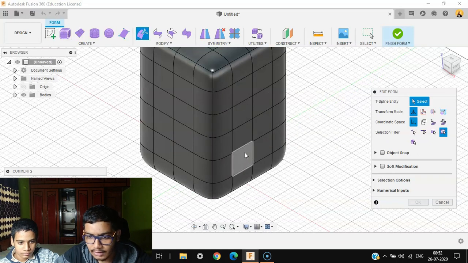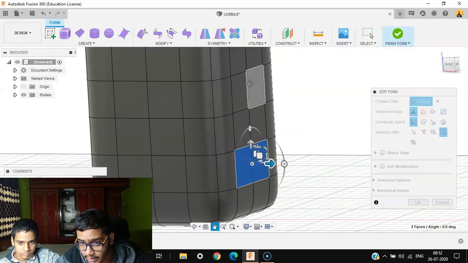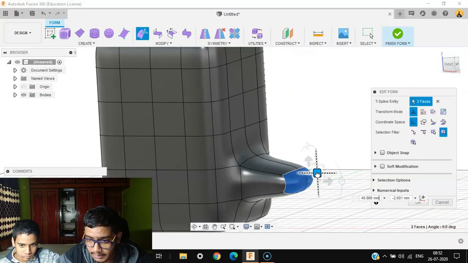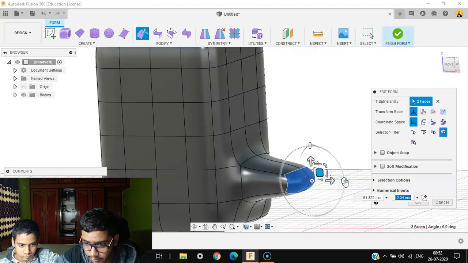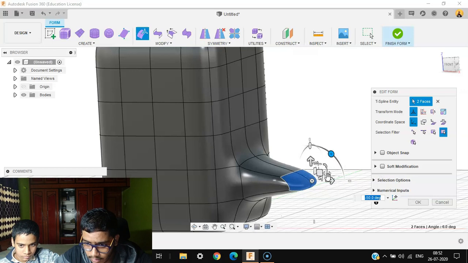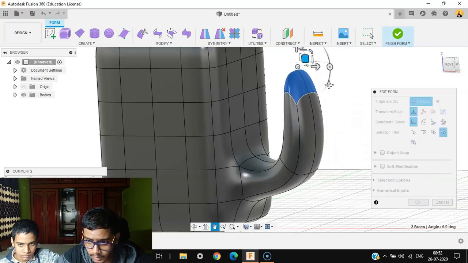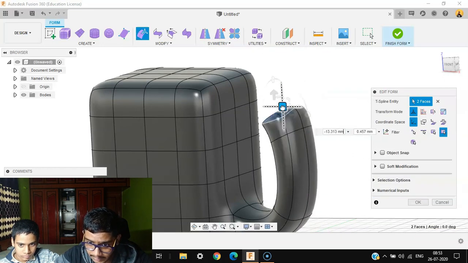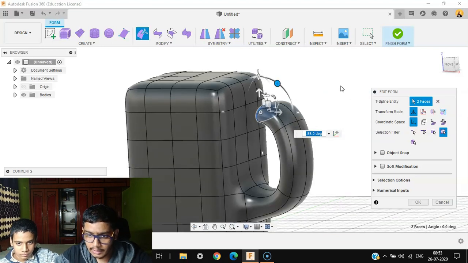For making the handle, let's select these both edges. We need to connect them here. Let's move them with Alt, because we don't need anything else. We just need those two faces. Let's rotate them above. Again Alt them upwards. Again rotate them, again Alt them inwards, and then again rotate them. Now we've got our cross section.